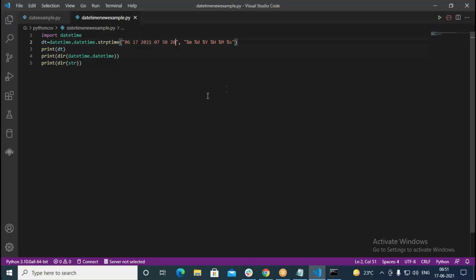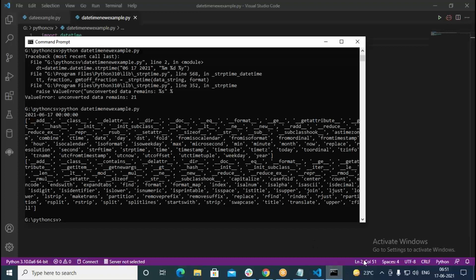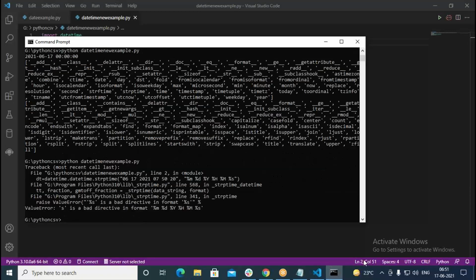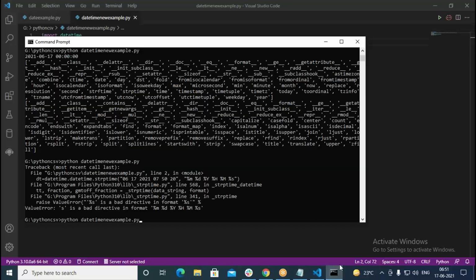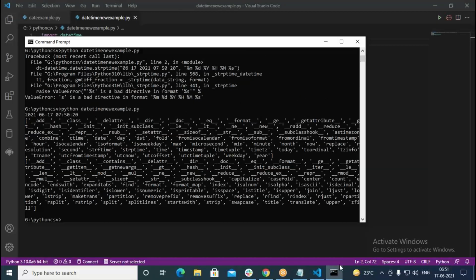If it's not converting, there can be a problem. So what it says here, S is a bad directive in format. It says ValueError, S is a bad directive. Therefore, change it to uppercase S. Now it is giving 7, 50 and 20.